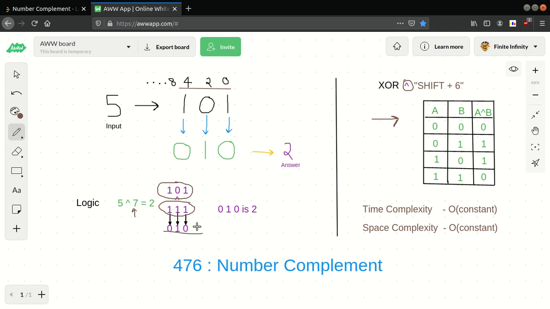So by using XOR we can flip the bits if we can calculate this number. So how to calculate this number? Basically this number is made from the number of bits in our input. We have to turn all of them into 1 and that will be our number. So basically XOR of 5 and this number will be our answer. Okay, so let's write down the code for it.